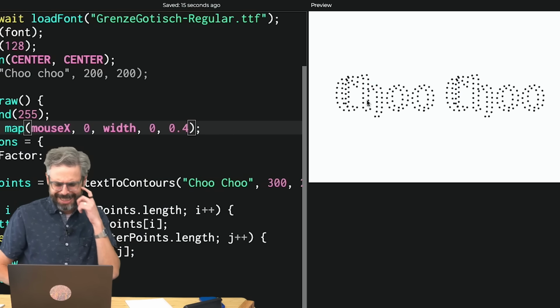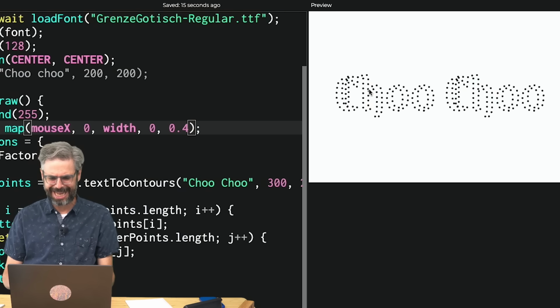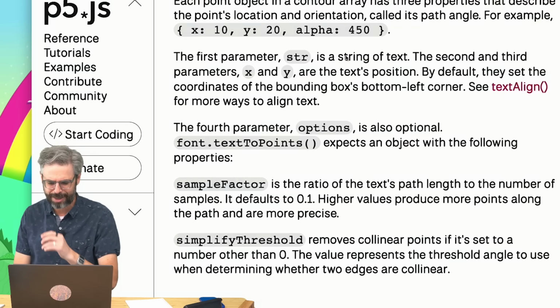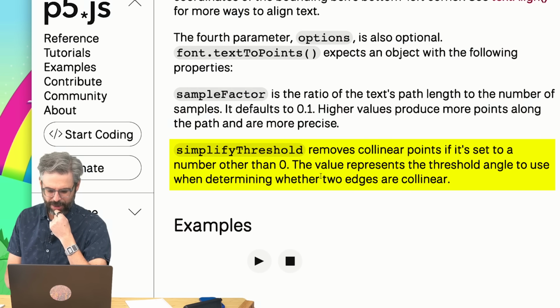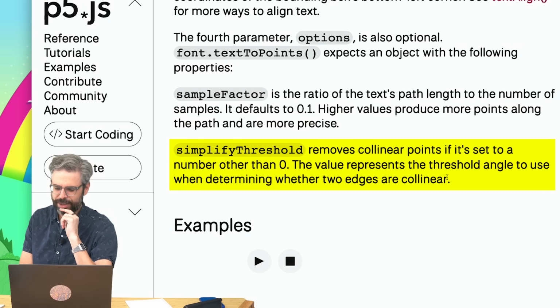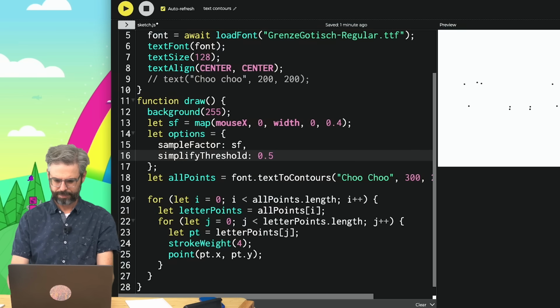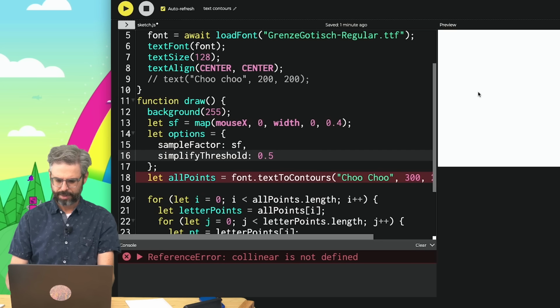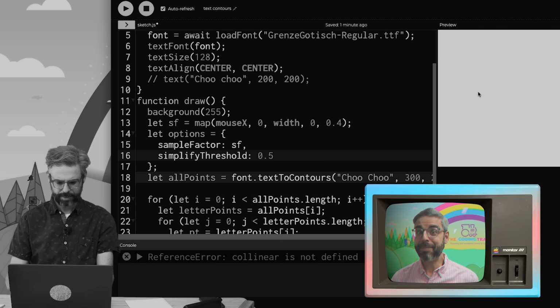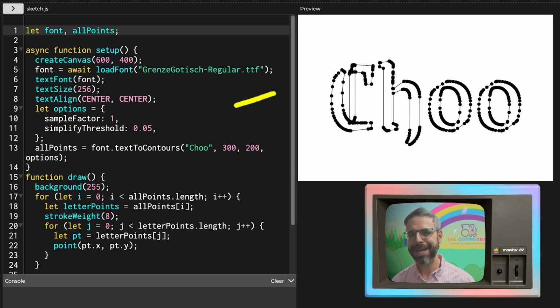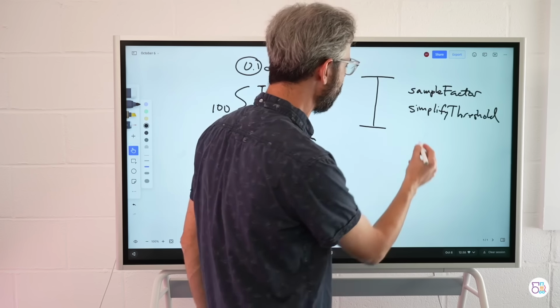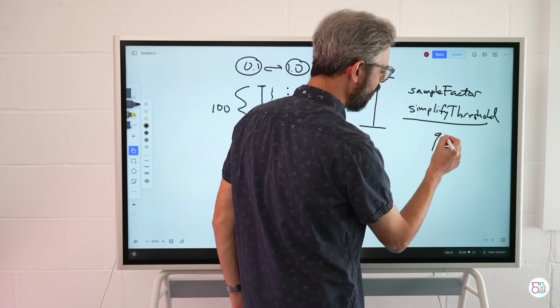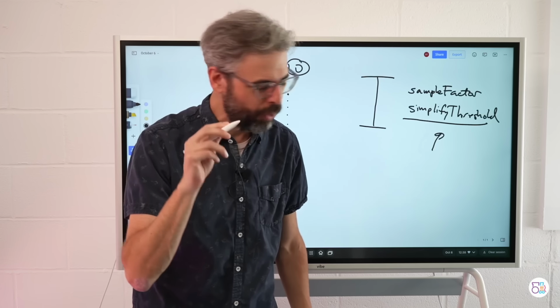Let's try simplifyThreshold again. Not sure why that didn't work. Removes collinear points if it's set to a number other than 0. The value represents the threshold angle to use. Oh. No. It's just that bug again. Check the video description for an example with simplifyThreshold that does work. So I'm not sure why I can't get simplifyThreshold to work, but just to think about what it would do